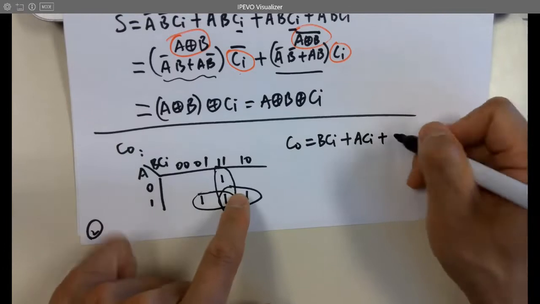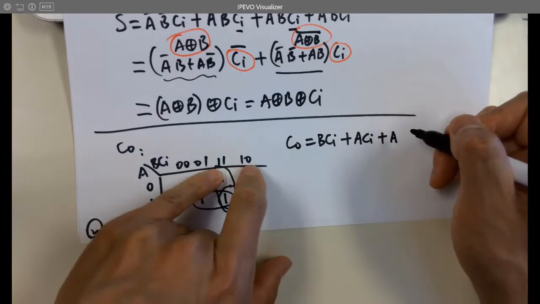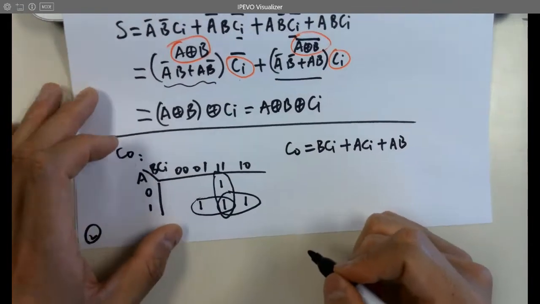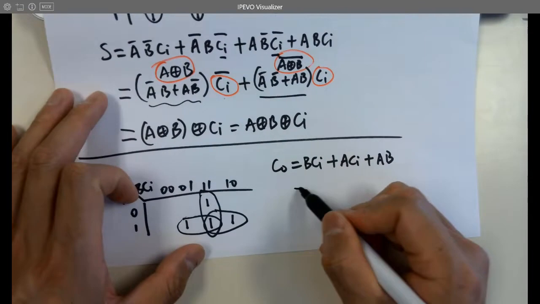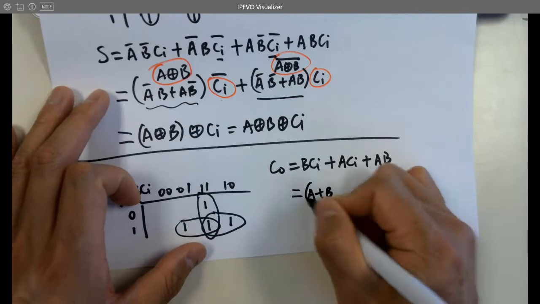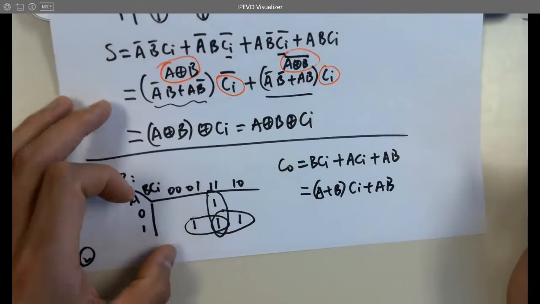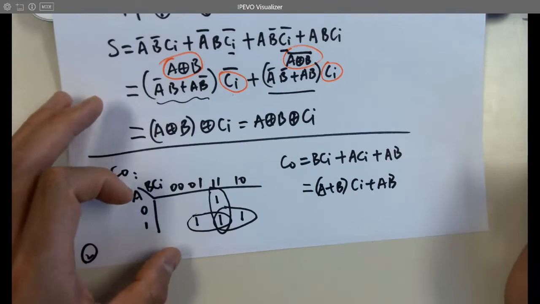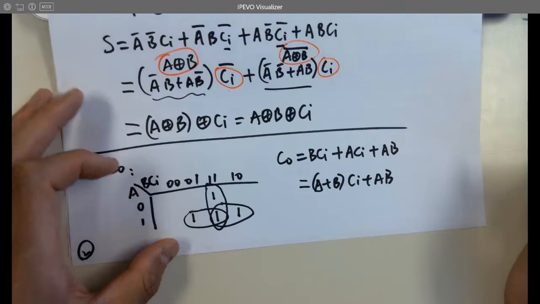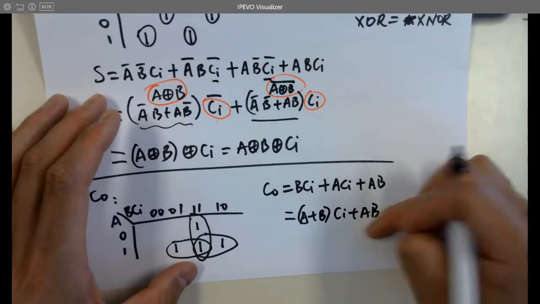And these two have A, and B is not flipped, but CI is flipped. It's just this, right? This is the simplified version of the carry out. And this equals